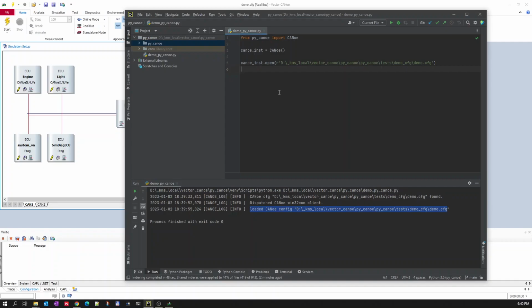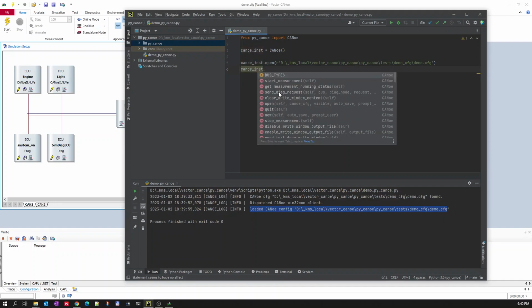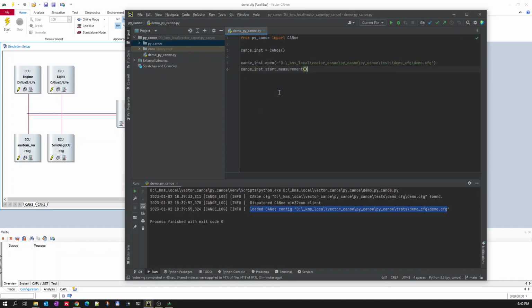Now I will try to start the measurement. CANoe dot start measurement. So you can see here it is not already started. Now we will start the measurement and wait for 5 seconds. After 5 seconds, let's import